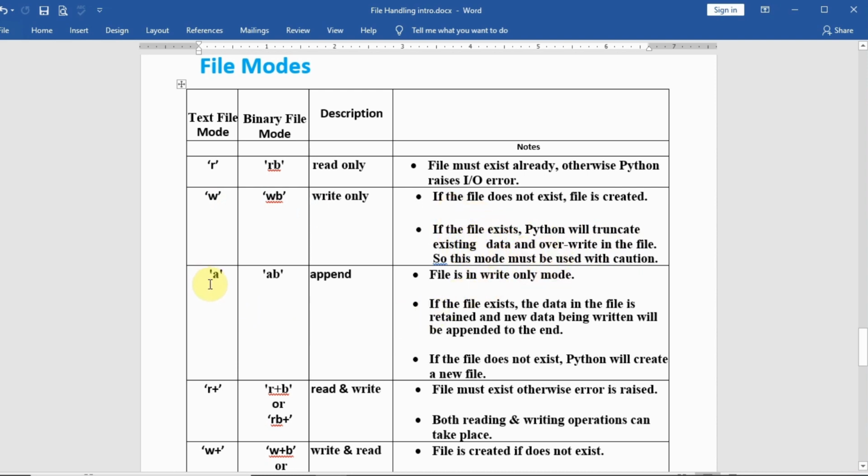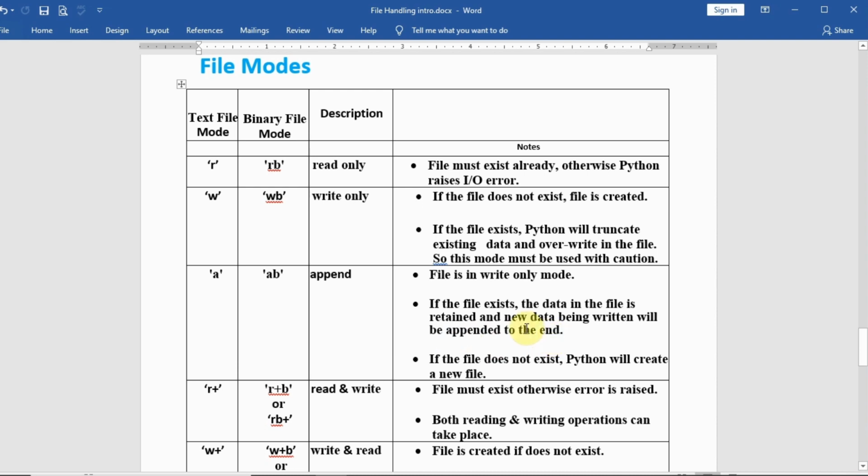Now the third one is A, append mode. In append mode the file is in writing only mode. What happens in append mode? If the file exists, the data in the file is retained and new data being written is appended to the end.